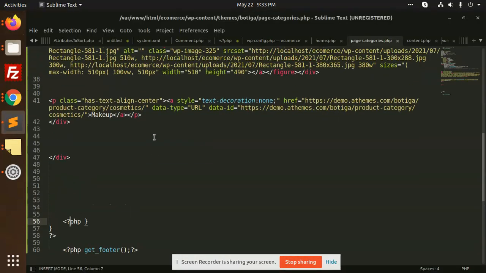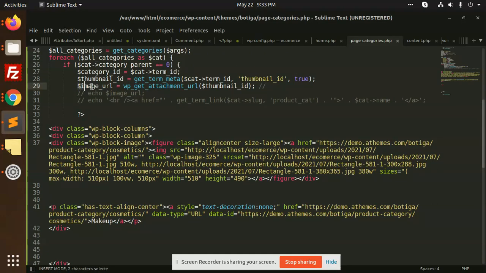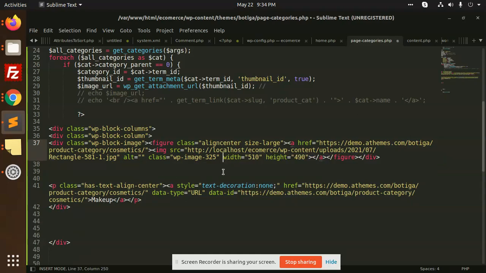Let's make it dynamic right now. We have the image URL, so just call it in the loop. Where is the loop that has an image source? Then we have to pass it like this. There are multiple images here and there. So let's make it image source, remove this one, sizes and all. Okay, so we have this one. I'm going to add the image URL. Here we are going to remove this one,